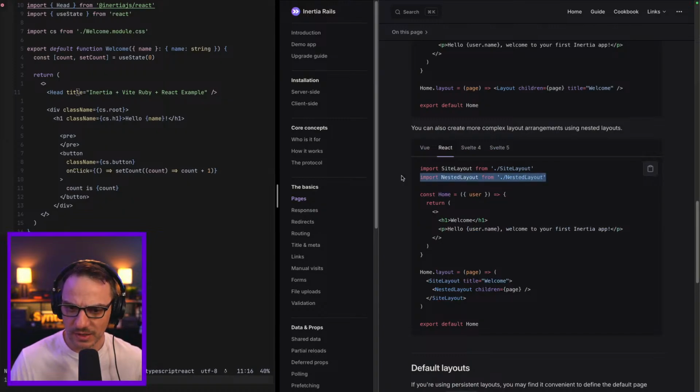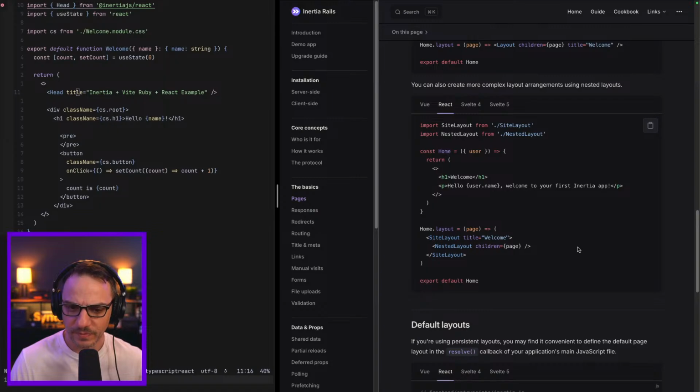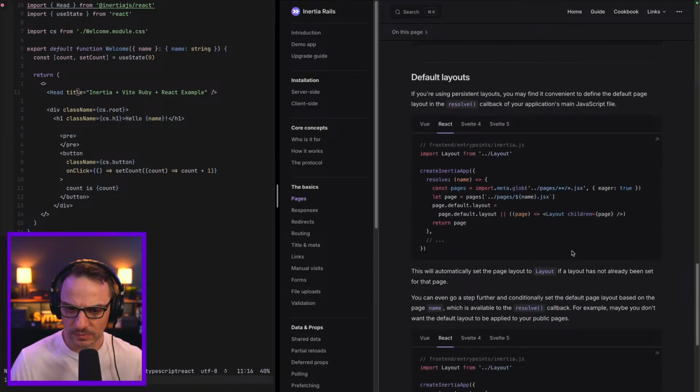We also have nested layouts. Got it. So we can automatically set this